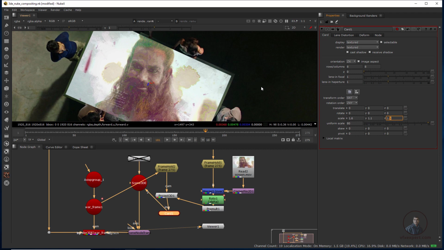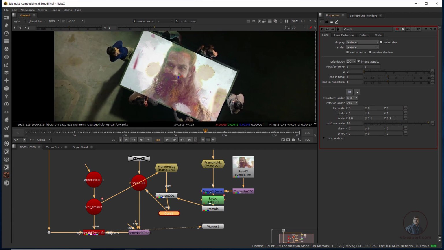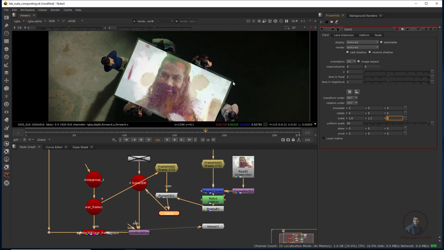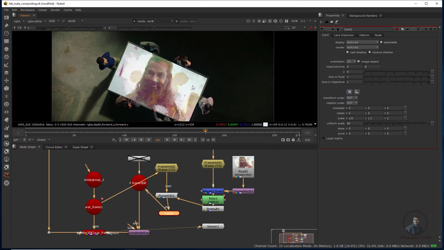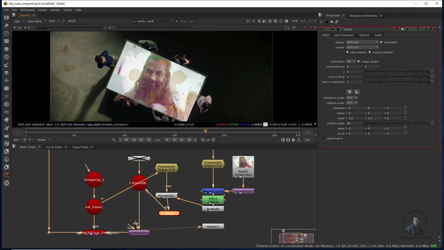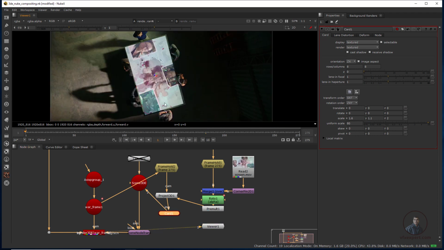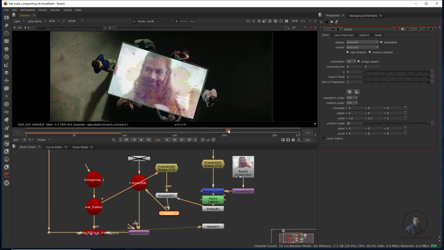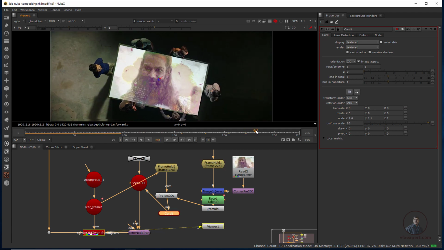I think this is looking good. So if you want, just simply type 2 here. I think this is looking good. So if you are getting any problems here, then you can adjust your Roto node. So now here I think this is perfect. So if you want to check, you can check here. Now just place it here. Now easily you can see here. So now just check here. I think this is looking good. After that you can simply scroll. Okay, I think this is looking good.